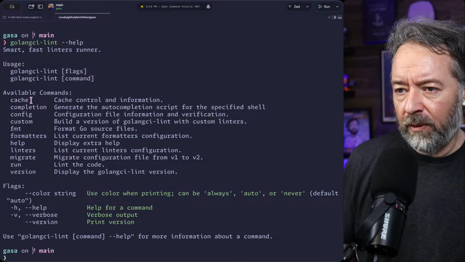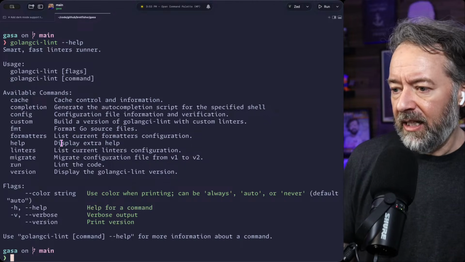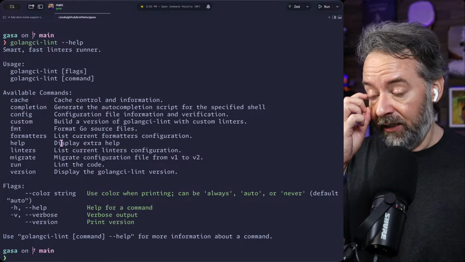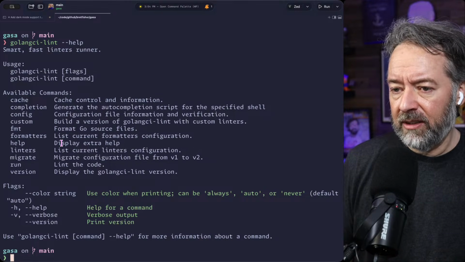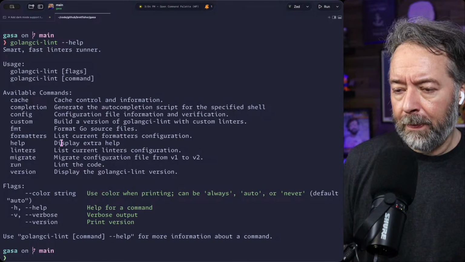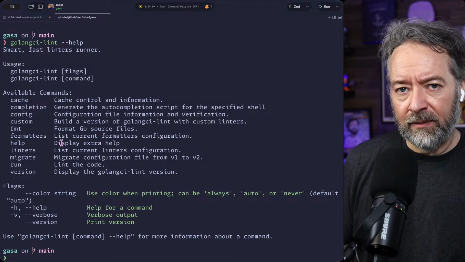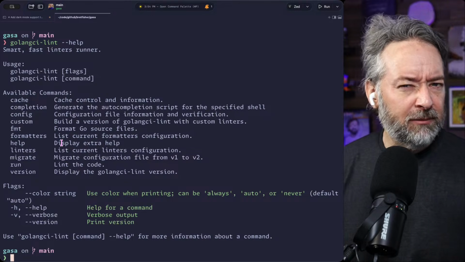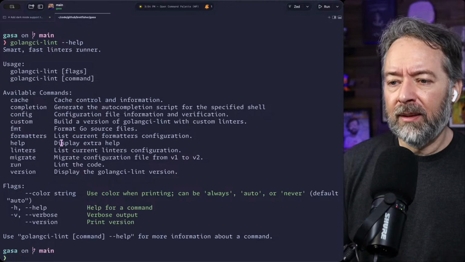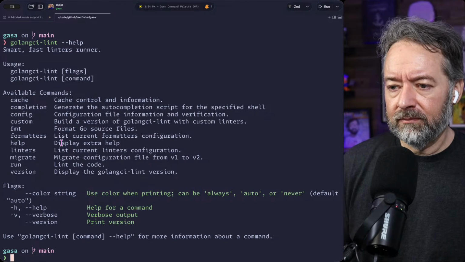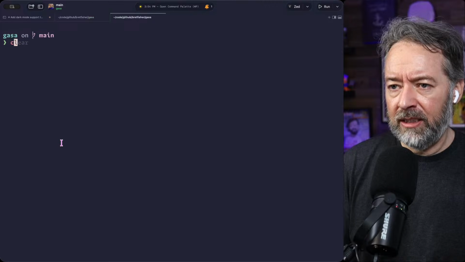So one of the things I want to know about the Golang CLI lint is, where does it expect the config file to live? It's usually in the root for linters, but Super Linter also likes them to be in a .github directory, like .github/linters, I think it's called. And I believe on my machine,